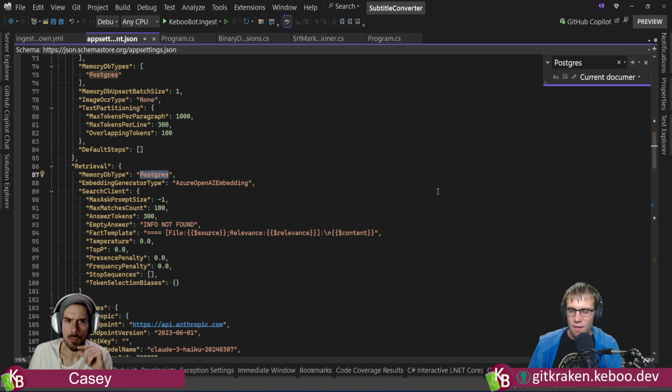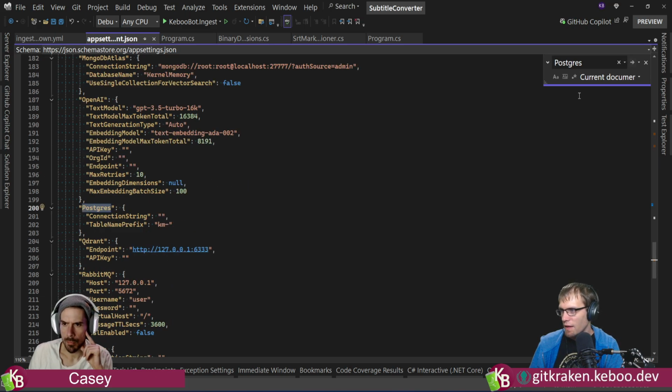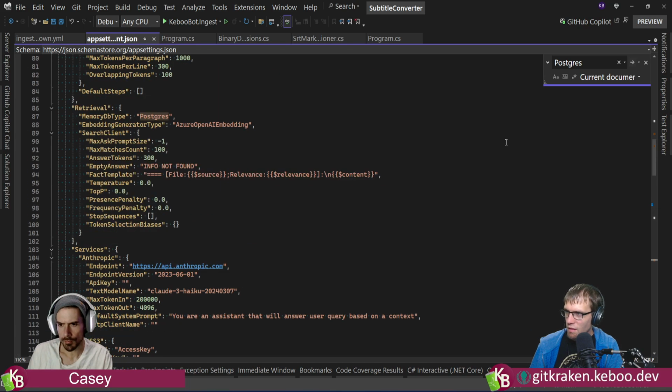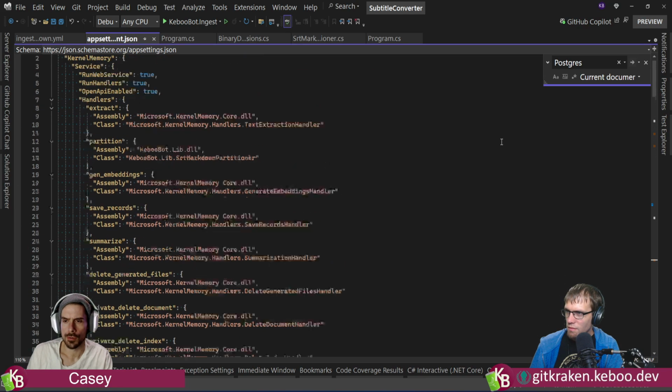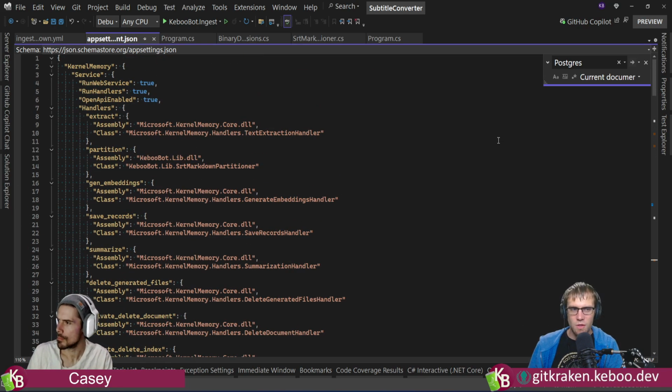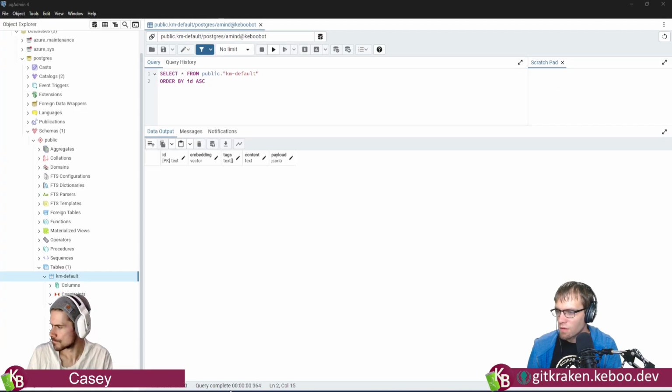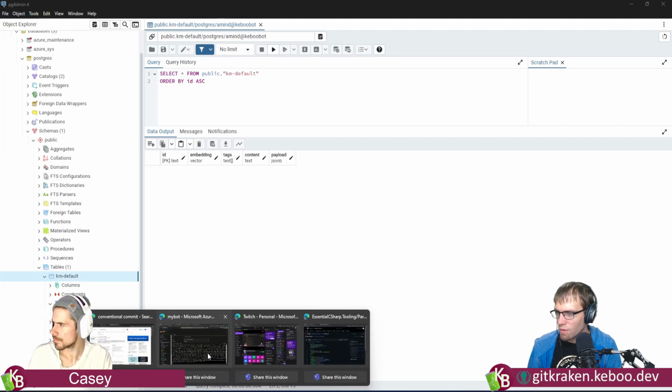So that's the sum total of the config that is labeled here, which is a little shocking to me. Right? Because this isn't managed identity, this isn't anything fancy, this is just straight up here's a connection string, go. Right?